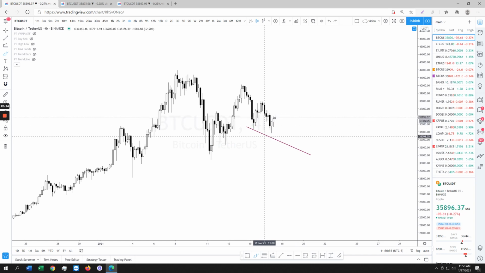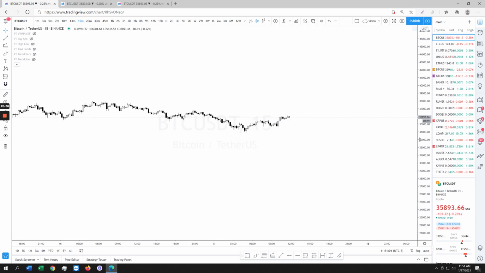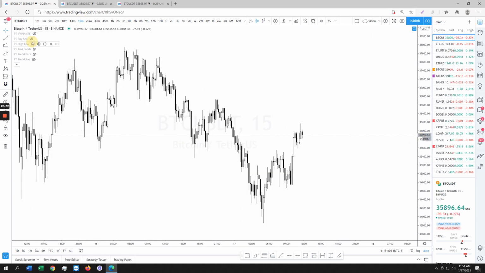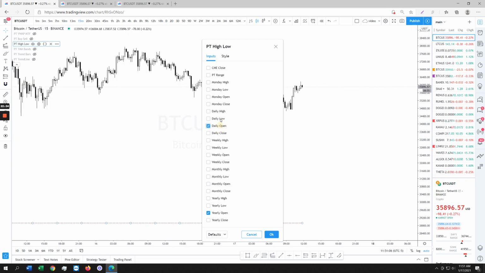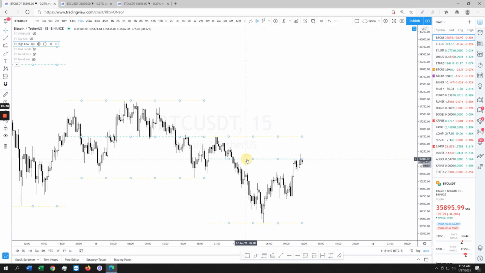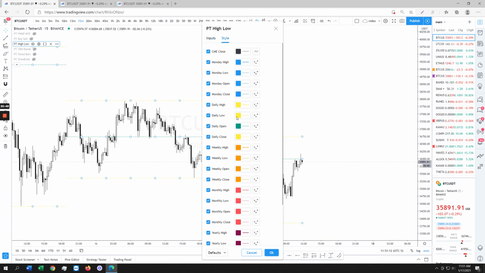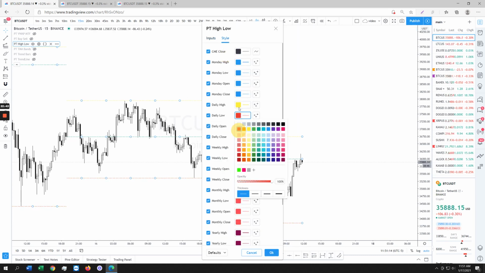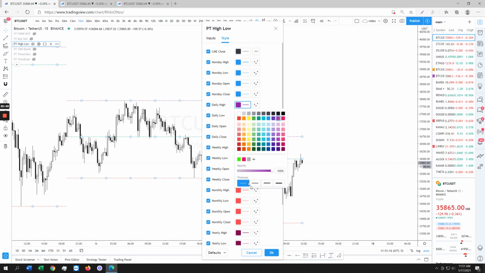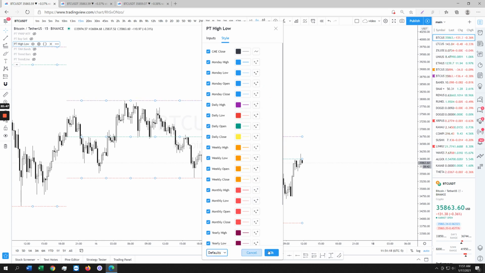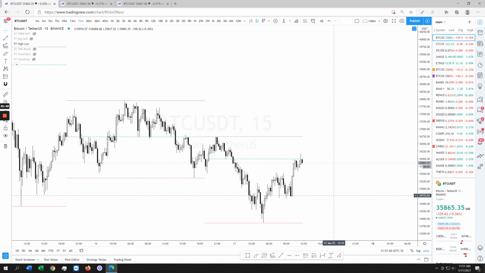And now, if you're talking about range, and you ask me, hey Mike, how do you scalp? How do you play the micros in hopes that one of the scalp moves sticks? Go to your high low, and do this: daily open, daily low, daily high. Change the colors, obviously. Daily open, you want to have green. Daily low, you want to have red. And then daily high, you want to have purple. Save. And you want to always use yesterday's.